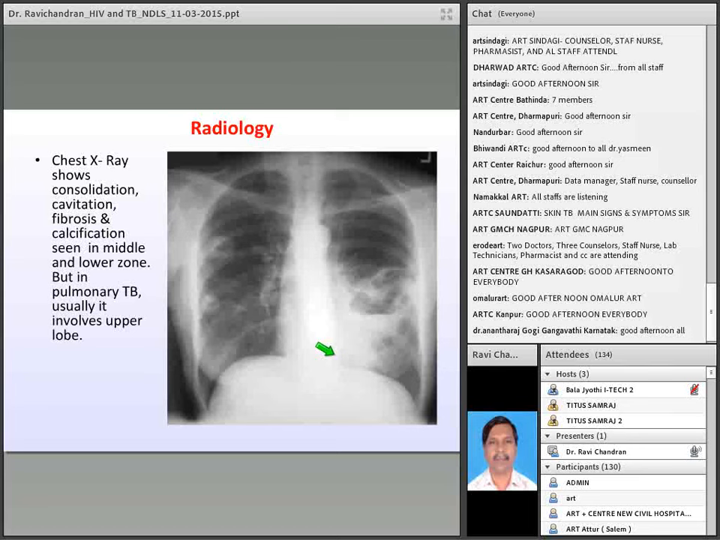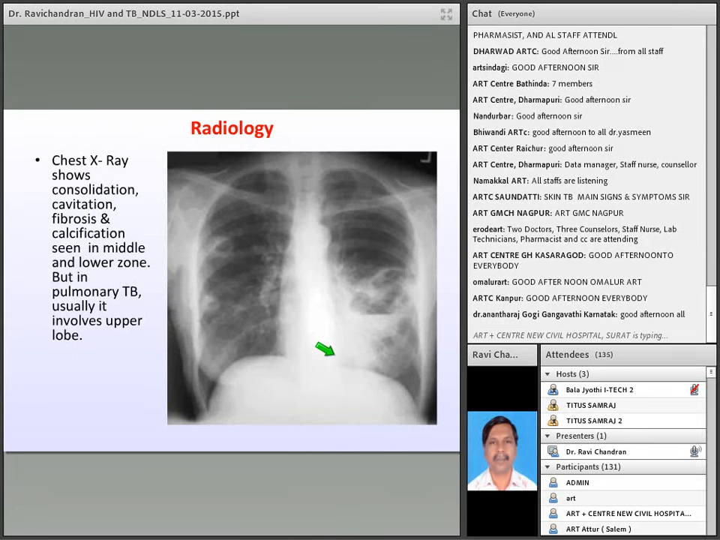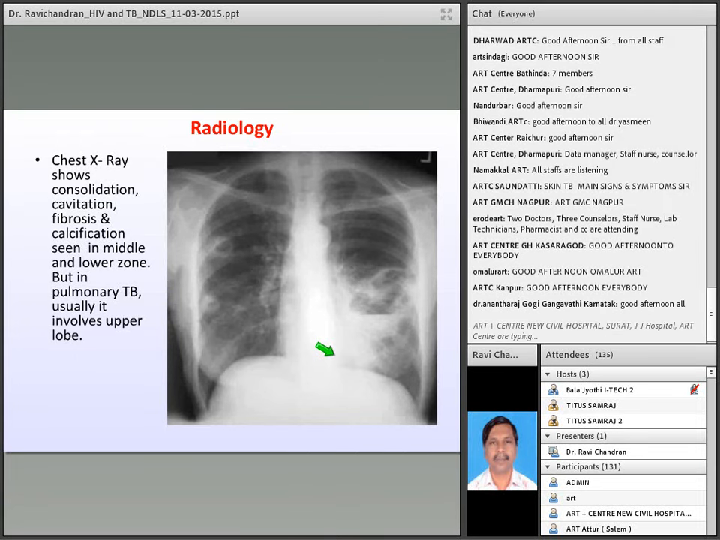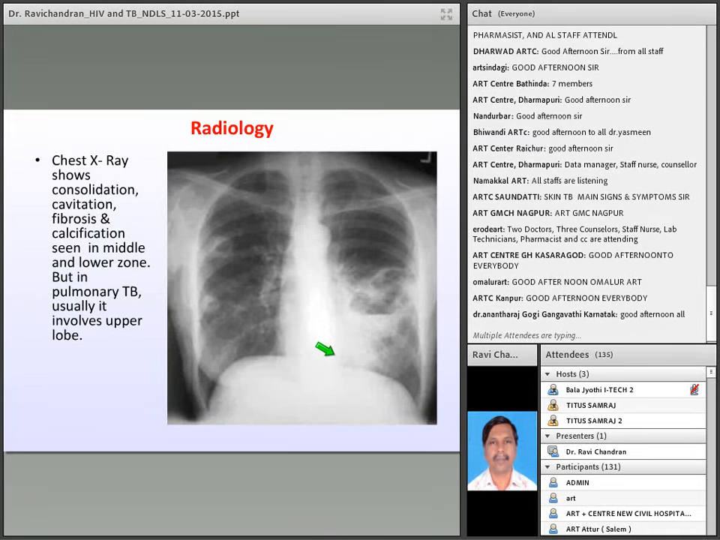Chest X-ray, even though it is not very specific for the diagnosis of tuberculosis, is a very useful tool in screening patients with tuberculosis. Many times it shows abnormalities, but very rarely the chest X-ray may be completely normal in smear positive patients. This X-ray shows consolidation,